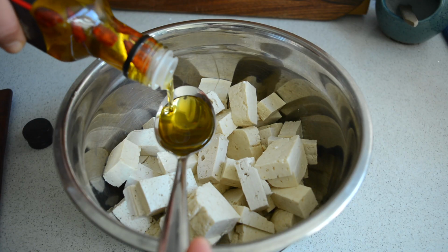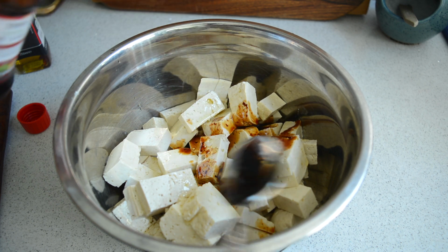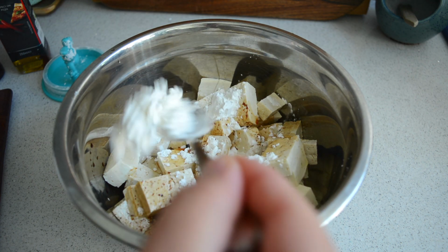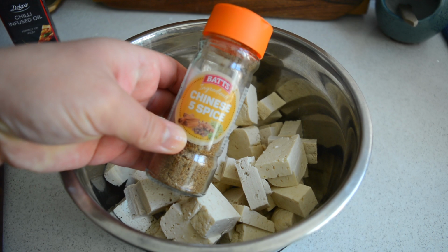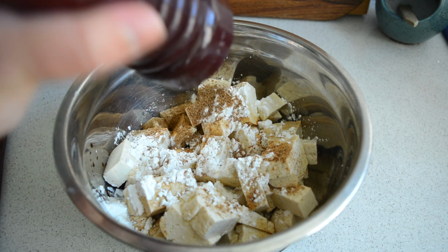Today I added some chili oil as I ran out of the sesame oil that I usually use, and then some soy sauce, some corn flour to make the tofu extra crispy. And for my spices, I'm doing some Chinese 5-spice, but you can also just do salt and cracked black pepper. Once I did everything, I gave it a good mix